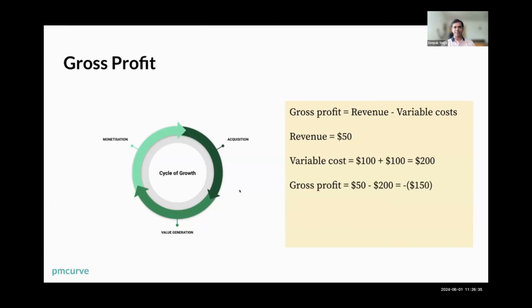Okay. So because I love quantifying things, this brings me to the concept of gross profit, which is revenue minus variable costs. Variable cost is anything which varies as you add more and more users. For example, in Uber, variable cost is driver incentives, because for every ride there is a variable driver incentive that Uber has to shell out, right? For the driver, the variable cost is petrol cost. But the cost of procuring a car is actually a fixed cost. So that's the variable cost for you.